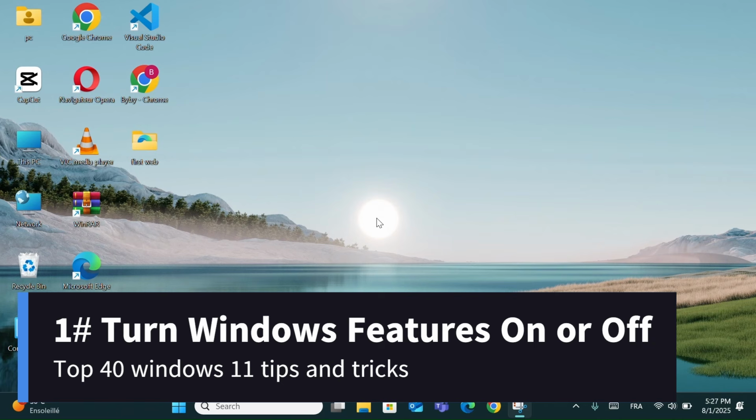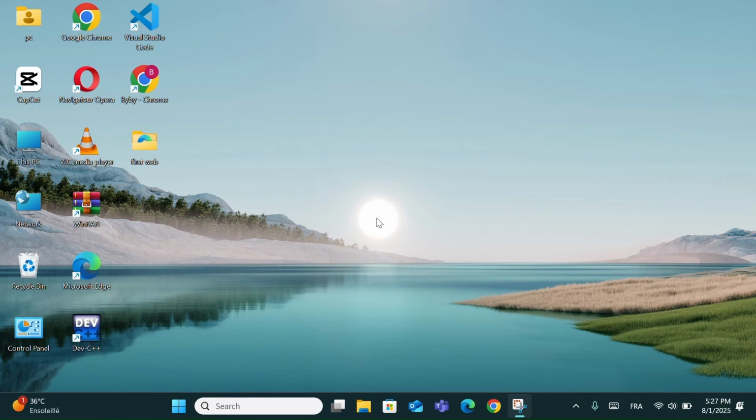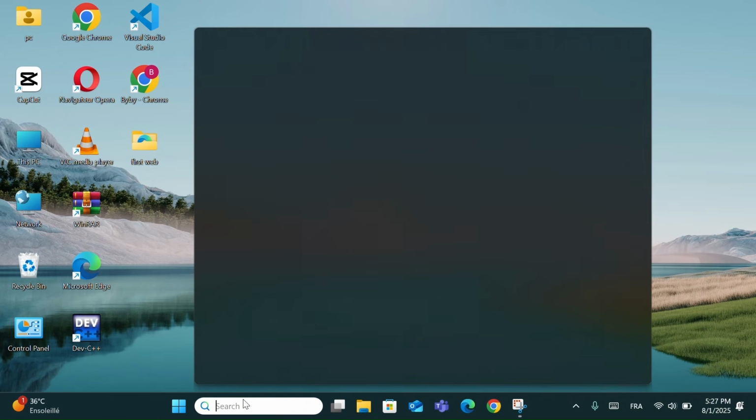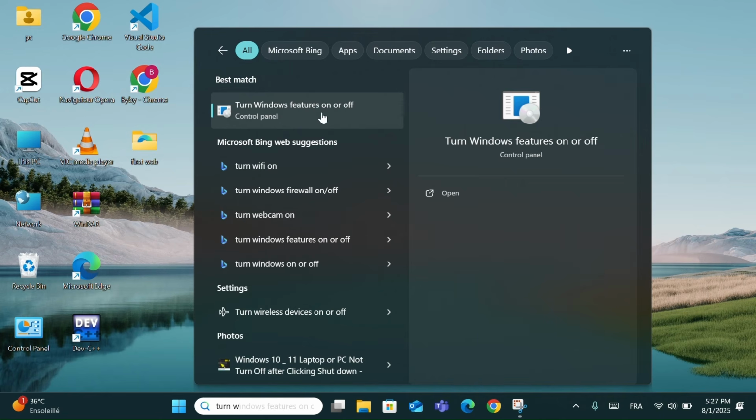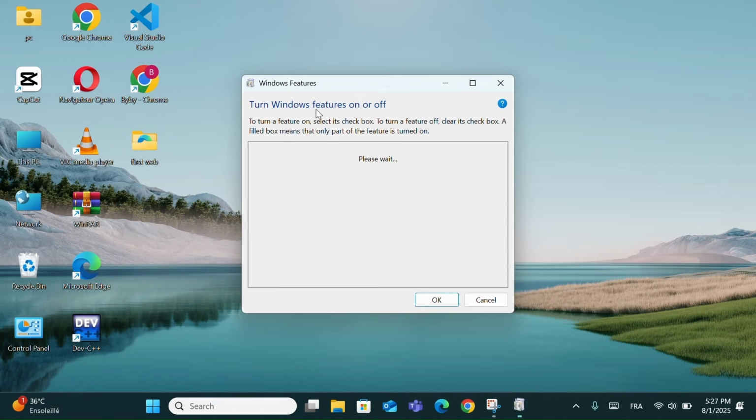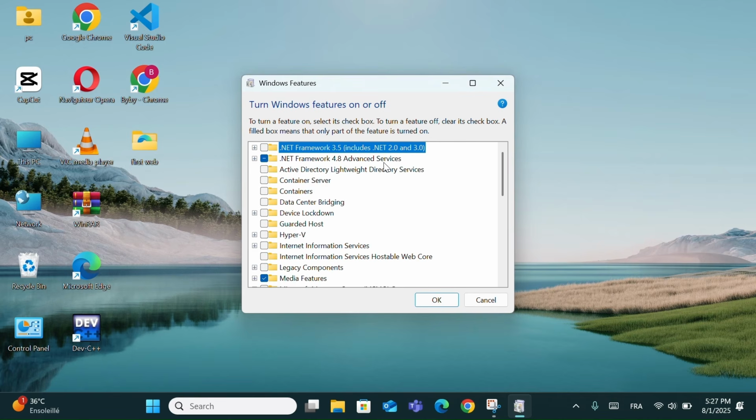Tip number 1, turn Windows features on or off. Now let me show you one of the most powerful hidden tools in Windows 11. It's called Windows Features, or officially, Turn Windows features on or off. Just open the search bar and type that exact phrase. Then click on it. A window will appear with a long list of optional features that you can enable or disable based on your